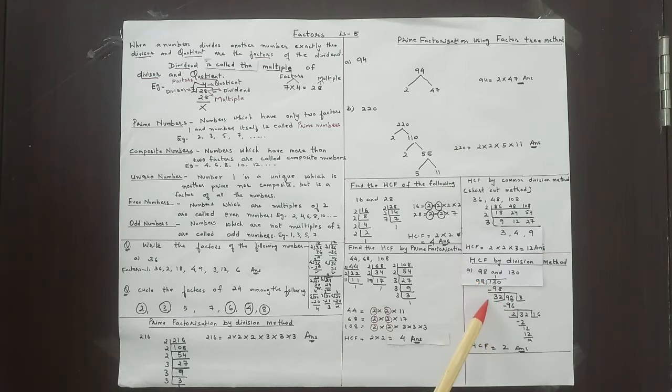Now when we divide it, it will be divided by 3 and we will get 96 here. And when you subtract it, you will get 2 as a remainder. This 2 will become a divisor, and 32 will become a dividend here. And when you divide it, you will get the quotient as 16 here, and there won't be any remainder. So the last divisor will be your answer. So HCF is equal to 2, and that is your answer.